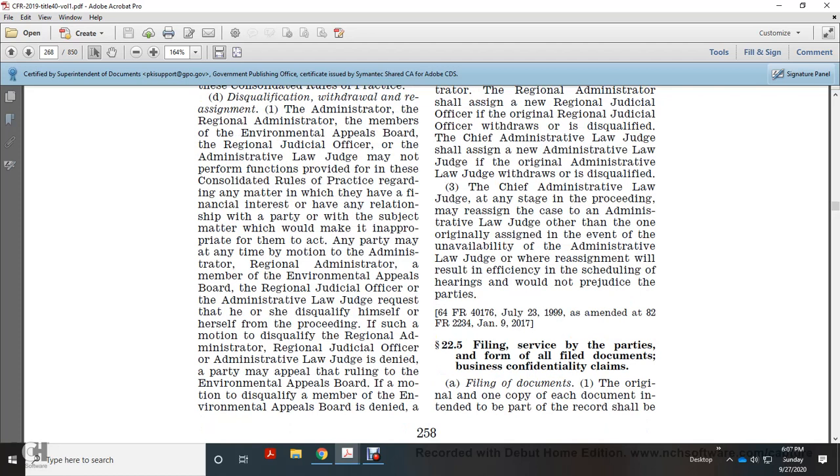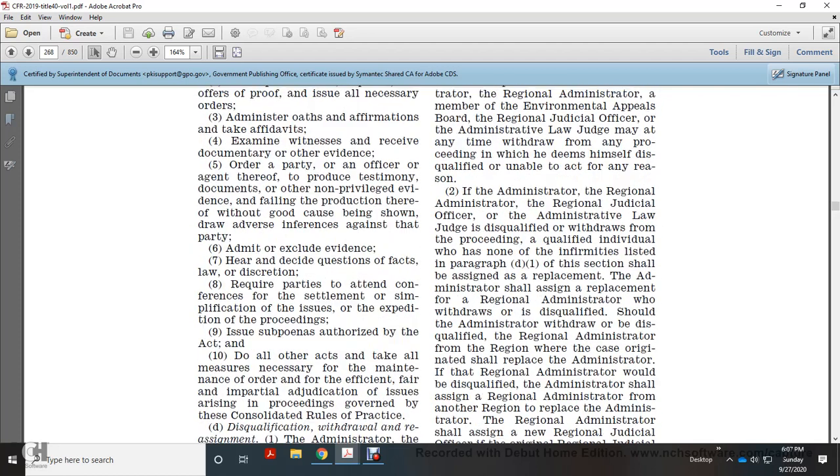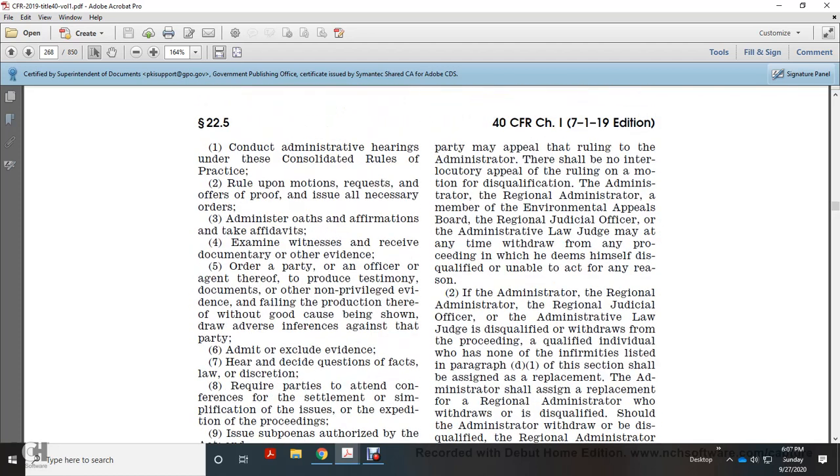If the motion to disqualify a member of the Environmental Appeals Board is denied, a party may appeal the ruling to the administrator. There shall be no interlocutory appeal of the ruling on a motion for disqualification of the administrator, regional administrator, member of the Environmental Appeals Board, regional judicial officer, or administrative law judge. The administrator, regional administrator, member of the Environmental Appeals Board, regional judicial officer, or administrative law judge may at any time withdraw from any proceeding